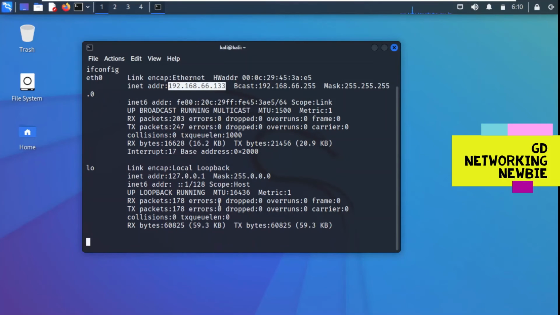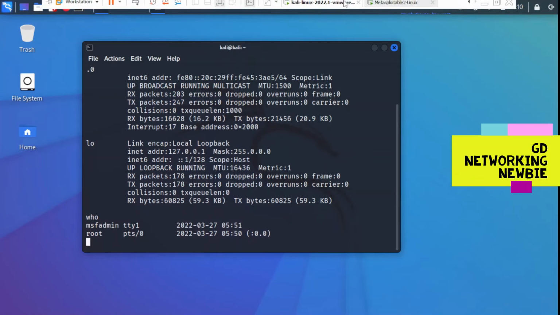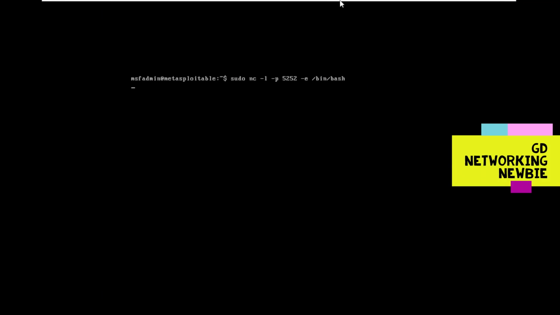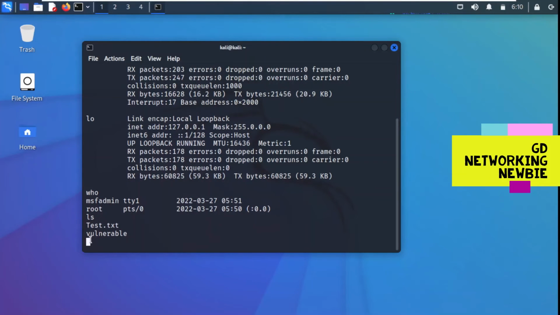And then maybe we can run a command to see who is using this machine. For this we have the command who, and you can see this shows msfadmin. So msfadmin is the user of this machine, that is Metasploitable, right? Then we can also see files there, so we can run another command, ls. You can see test and vulnerable files were there on that Metasploitable. So now you can see we can access that victim's machine, that is Metasploitable 2, using a backdoor which we